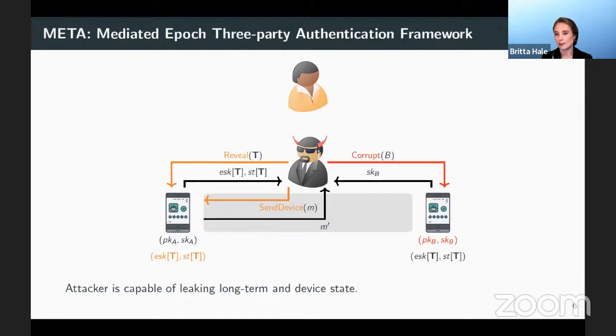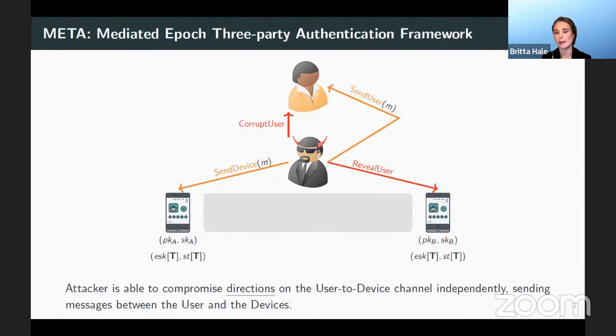On the device-to-device channel, we have all sorts of typical queries that one sees in continuous key agreement protocol analyses and models. And then on the user-to-device channel, we have similar but different types of queries, essentially that we have short-term access, and we also have long-term access to either what is displayed to the user or what the user is able to enter into the device. So possibly misinterpreting user inputs and so forth.